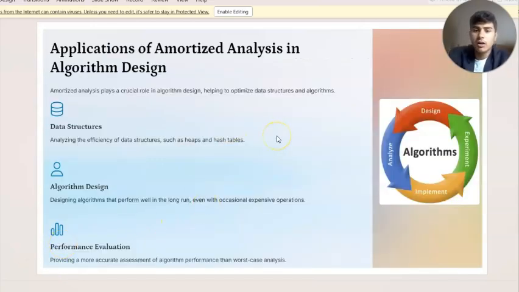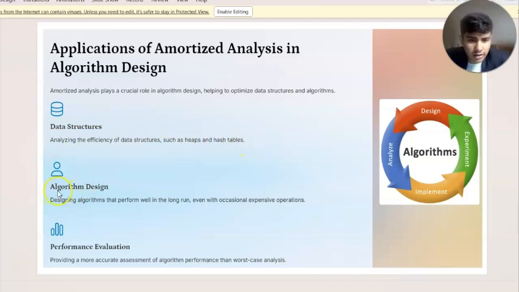Now, applications of amortized analysis in algorithm design. Amortized analysis plays a crucial role in algorithm design, helping to optimize data structures and algorithms. In data structures, it helps in analyzing the efficiency of data structures such as heaps and hash tables.